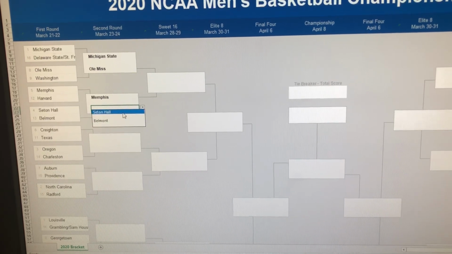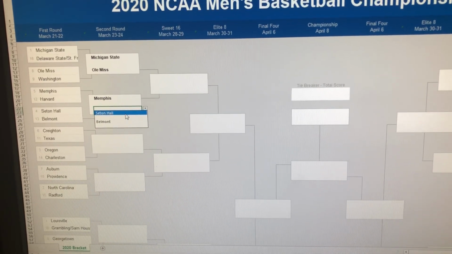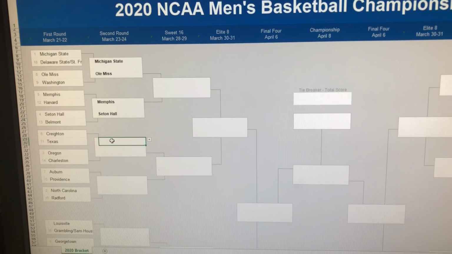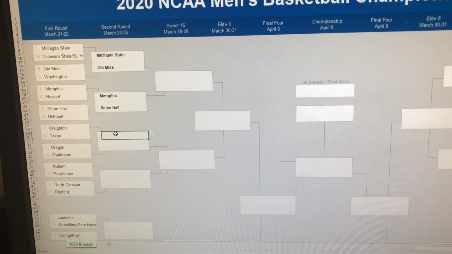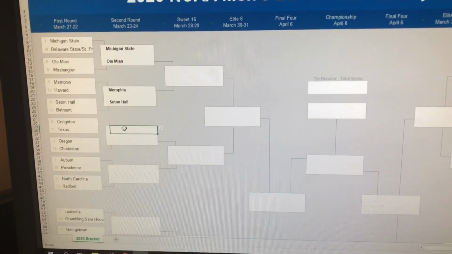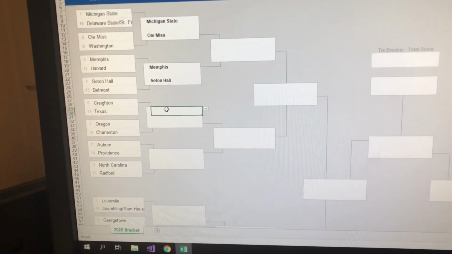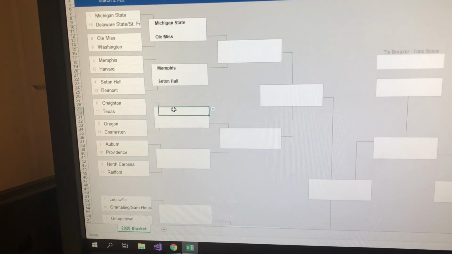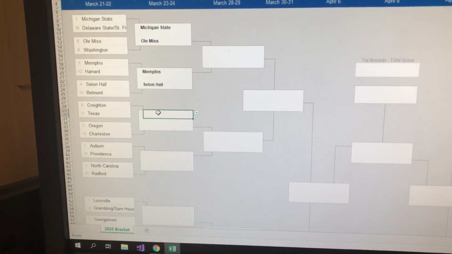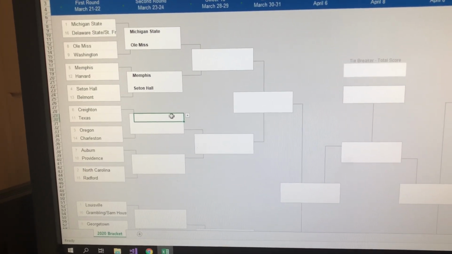Then I'll go with Seton Hall over Belmont. Myles Powell and Seton Hall. I think Belmont's coach retired. I can't remember what his name was. I'm not even going to try to remember because I'll get it wrong. But I don't think they'll be that good of a team this year. They'll probably still win the, it's either Ohio Valley. Yeah, I think it's Ohio Valley, where Murray State won with Ja Morant. That's not happening again.